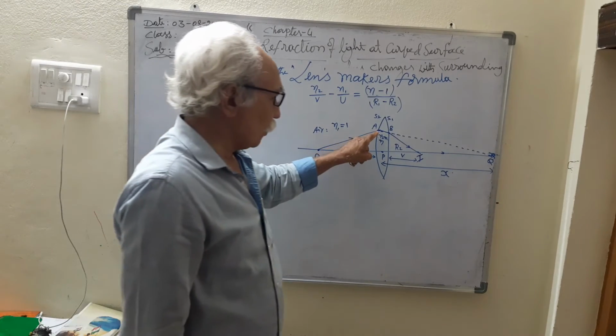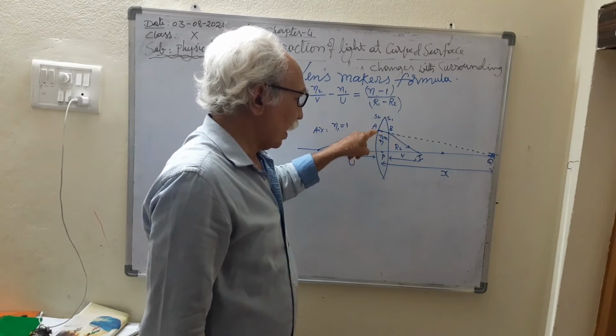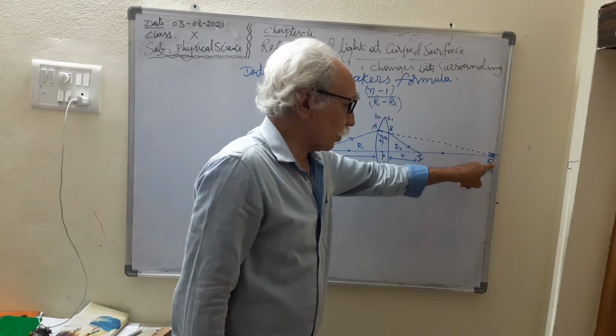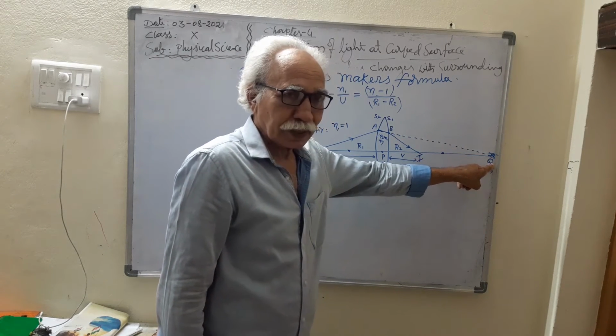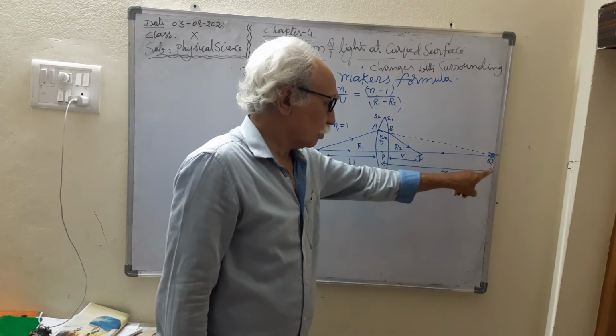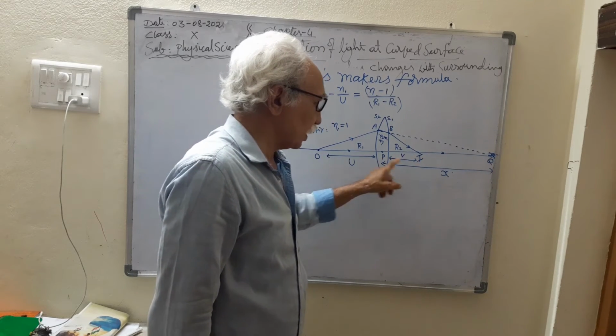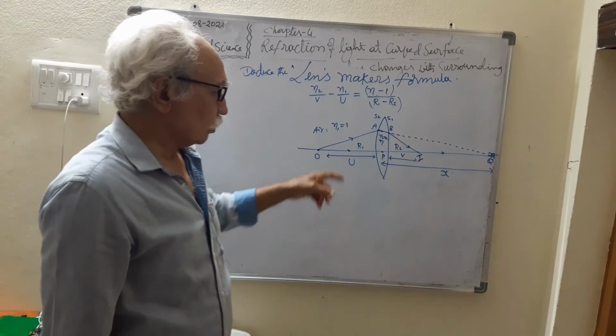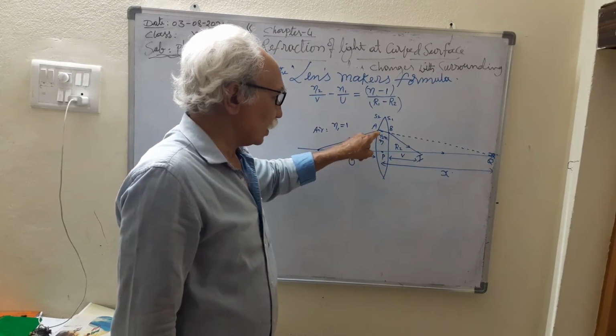Now at that point, the light ray refracts, and this refracted ray travels straight, crossing the principal axis at the point Q. So you can expect the image is forming at Q. Now the distance from the optic center to Q is x. We don't know how much that value is.